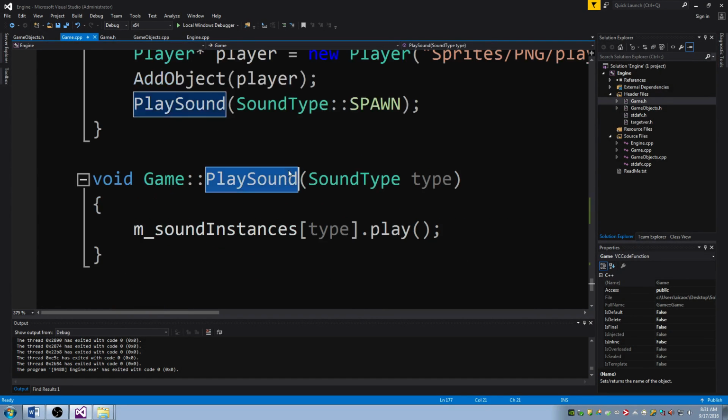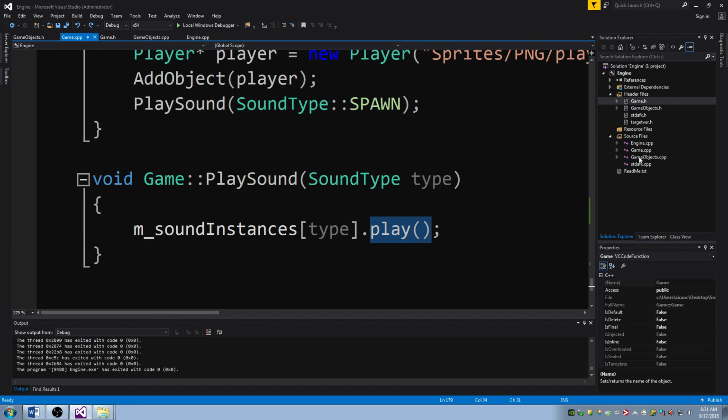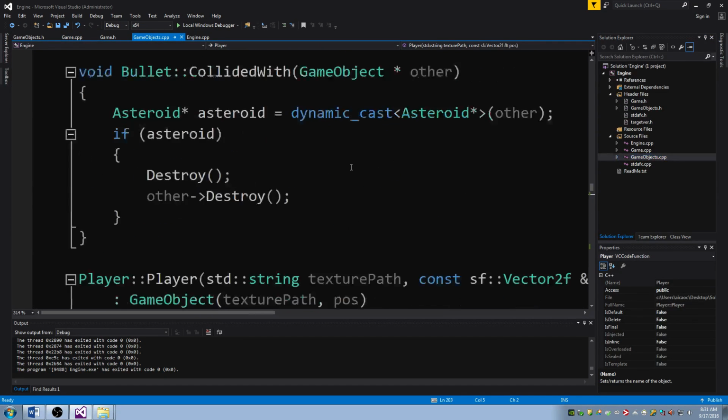And this thing is one line of code. Play sound is one line of code to say, hey, go through my sound instances for the type that you pass in at that index here. This might be 2, right, or 3. It doesn't matter. It's whatever enum they pass in and call play on it. And so if you actually look at this function and see how simple it is, you go to the game,